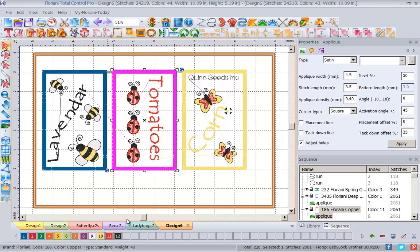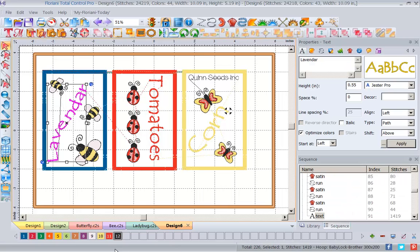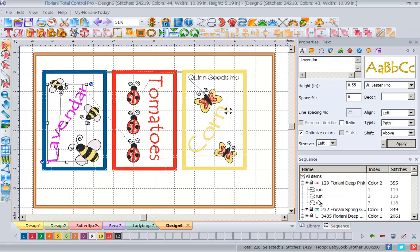And I'm going to come over here and pick lavender. Now these colors, all of the insects are done in black, red, and yellow. The blue, the red, and the green we used earlier, remember, for our stitches up here, our tack down. So I'm going to take this lavender and I'm going to come over here at the bottom,